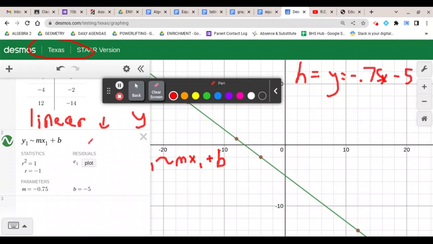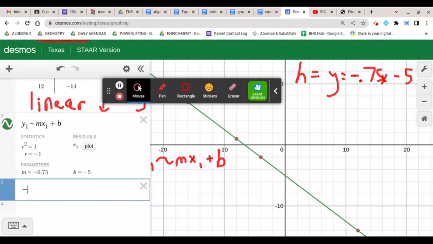Now, if you don't recognize what 0.75 is, it was negative 0.75. You can type that into one of the lines, and then there's a button that'll pop up and you can press it to turn it into a fraction. Since all they give you are fractions in the answer choices, you can convert this using Desmos. So if we have negative 0.75,